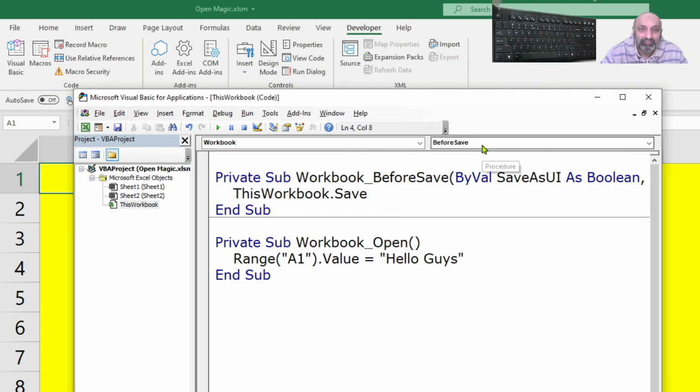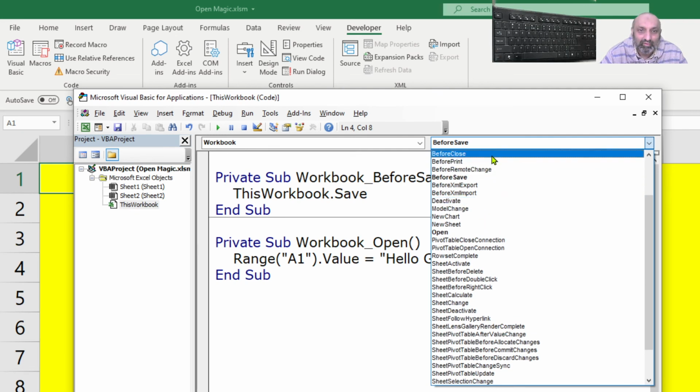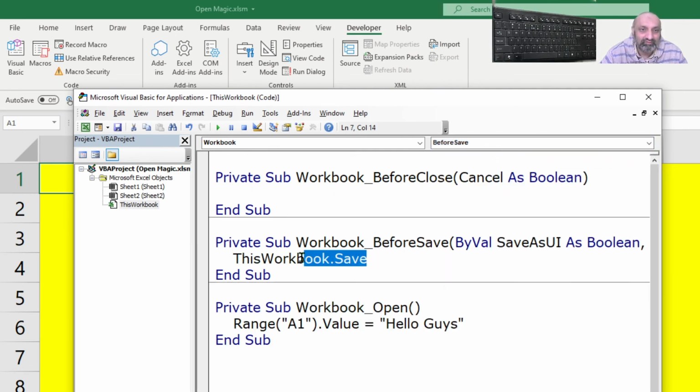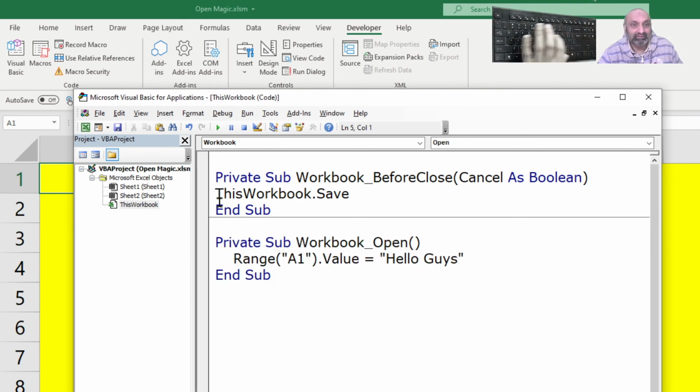Sorry, not BeforeSave. It should be BeforeClose. What am I doing? Yeah, BeforeClose. Control X, Control V. I don't want this, so I can simply delete this. So ThisWorkbook.Save in BeforeClose. Before I close, every time this code will execute.